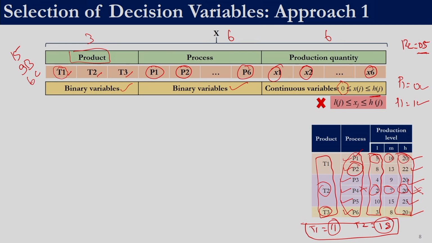Now, let us say we are to use TLBO. The lower bound, we will give 0, 0, 0 9 times, and then we will give another 6 zeros, and the upper bound is 9 times 1, and then Hj. So, the upper bound would be 20, 22, 20, 20, 25 and 20. So, this is the lower bound and this is the upper bound. All the algorithms which we have discussed are guaranteed to give values between the lower and upper bound.